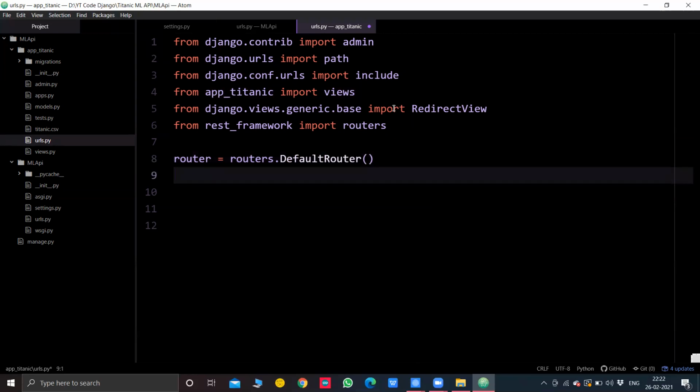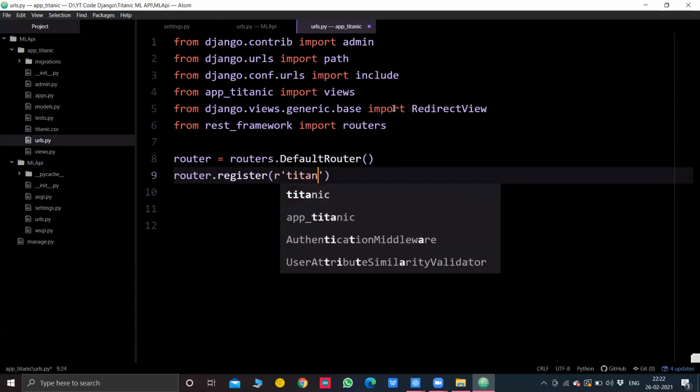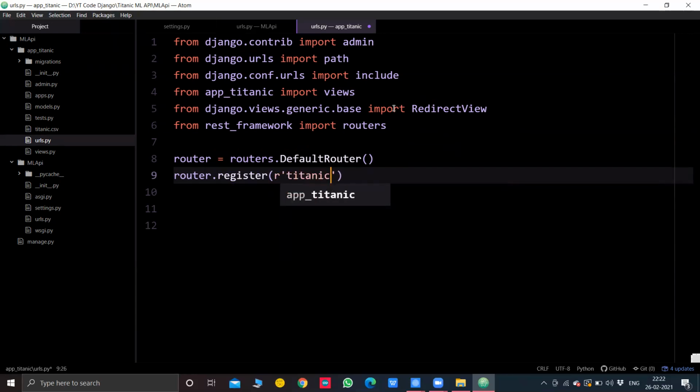We'll register it as router.register, and inside we'll mention a regular expression stating titanic only, and we'll mention the views dot.